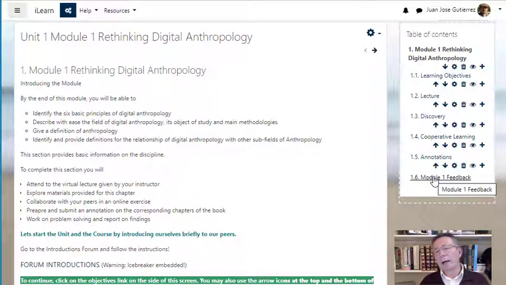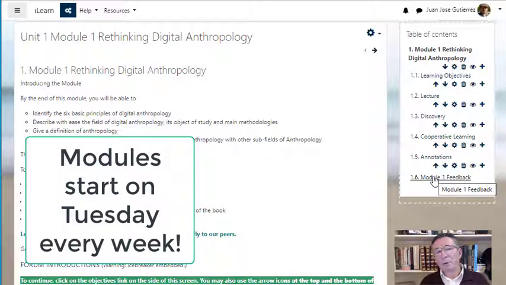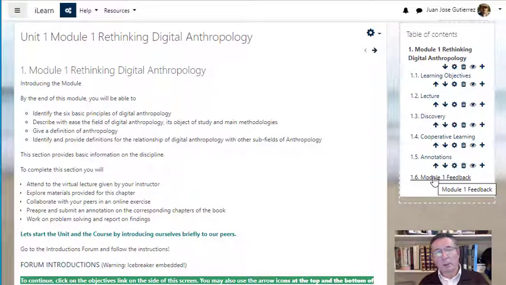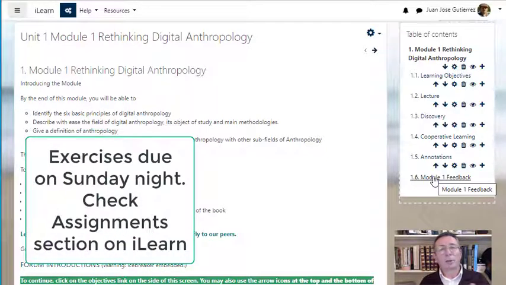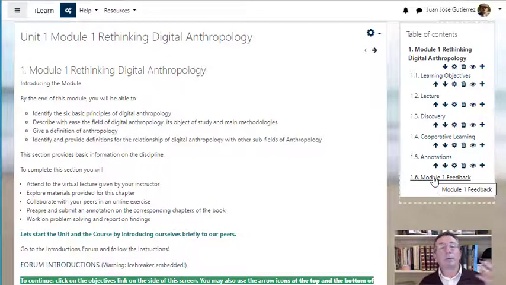The reason why I have set up the beginning of the modules on Tuesday morning is that I need the Mondays to review the work that you've done during the week. So your week starts on a Tuesday. All of your due dates, annotations, cooperative learning, problem solving will be due on Sunday night, so that I have the morning to review the work, give you hopefully meaningful feedback, and then we can re-engage in the following module. All right. So those are the motions in general for all of the modules. Enough of that. Let's take a look at this specific module.